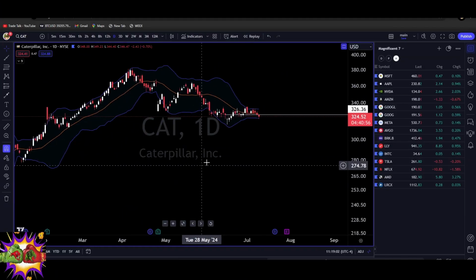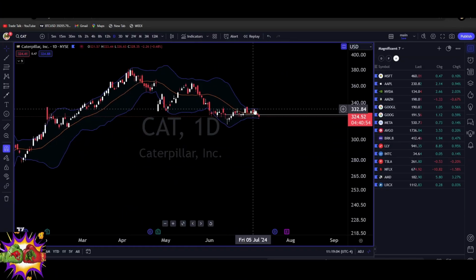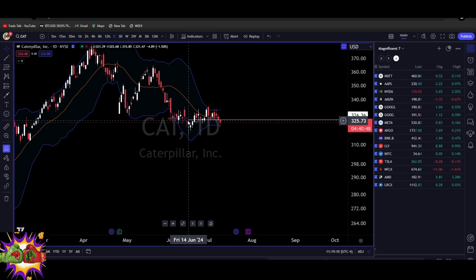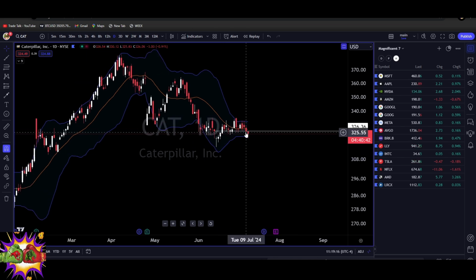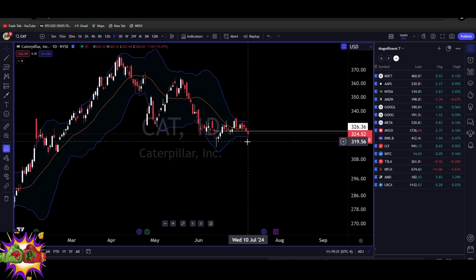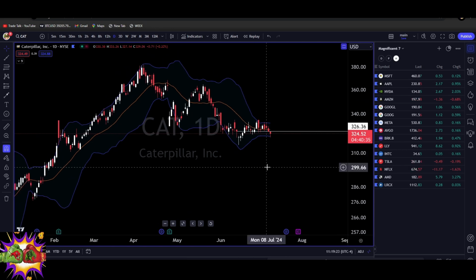And we get the Bollinger Bands. You can see how the Bollinger Bands are in fact squeezing right now. So we have the lowest support right here. And currently we did close below it yesterday, and we are trading below it today. If this is a trap, you could see an outsized move back to the upside, but CAT can also be